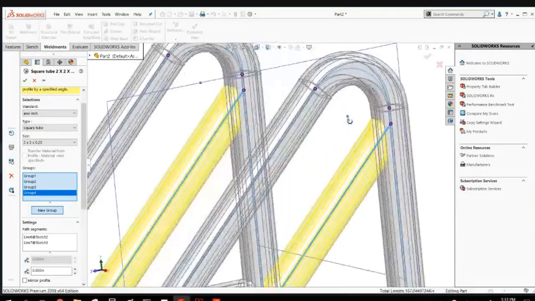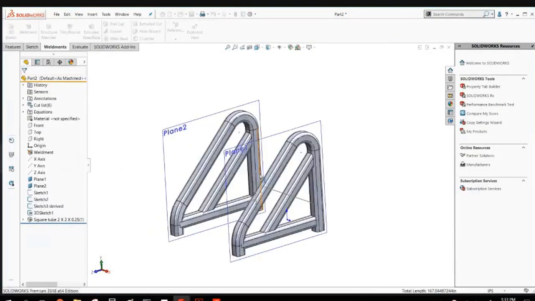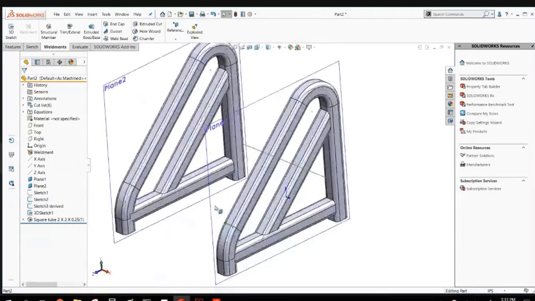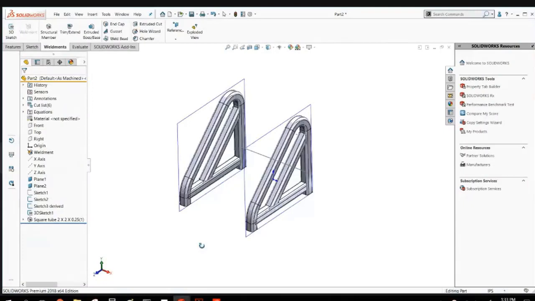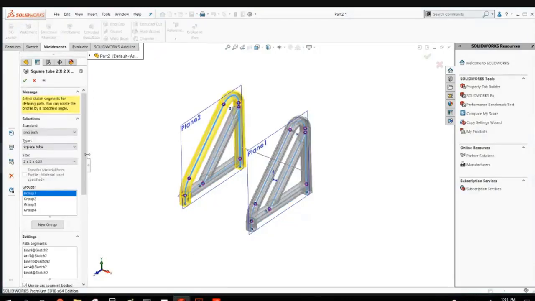Okay, continuing to move through here, I can pick group after group. And again, they'll start trimming up to one another. The real great thing about this is the ability to change, because I could obviously model these with sweeps. But if somebody calls up and says, hey, we're going to make this thing out of pipes instead of tubes,